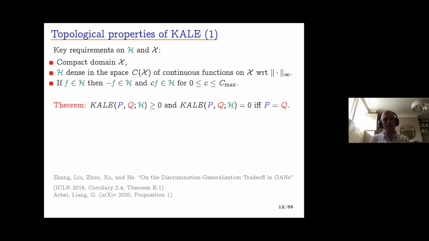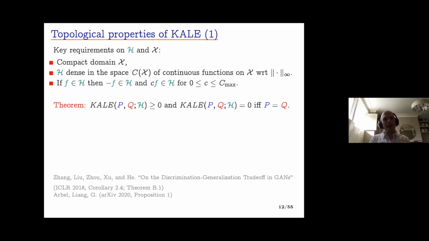If all of these properties are true, then I have a very nice behavior for my KL, which is that it's non-negative and 0 only when p and q are the same. So that's good because that tells me, at least in some respect, that my critic function is helpful, that it's going to only be 0 when p and q agree.